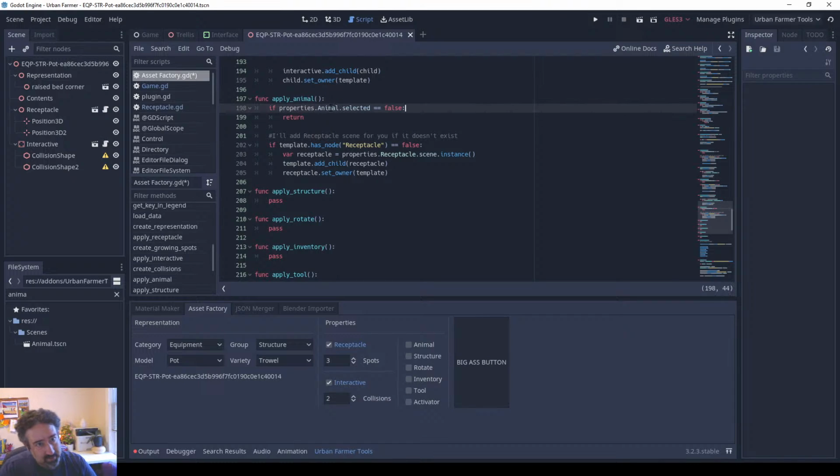If properties animal is not selected, switch it. And let's actually generalize this command. Only add this property if it, okay. If animal node doesn't